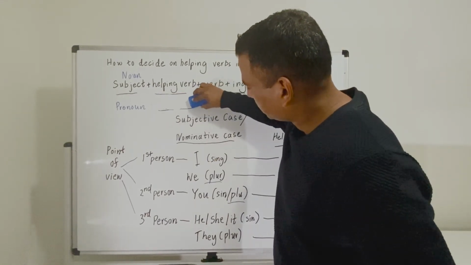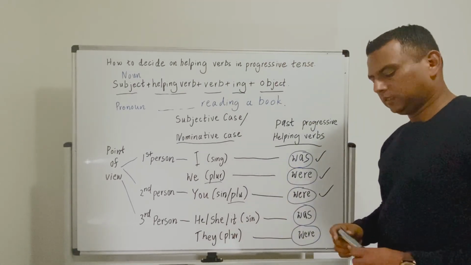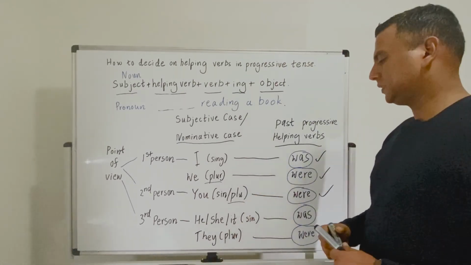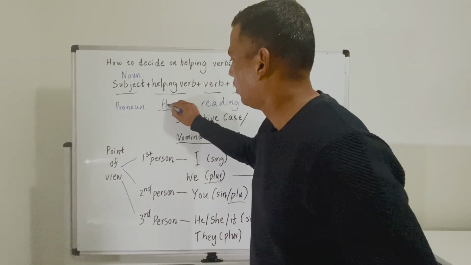I'm not going to use all the examples, since it is pretty much understandable. So if you use he was,